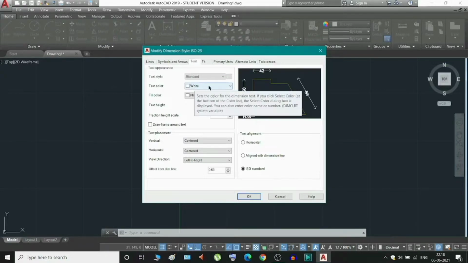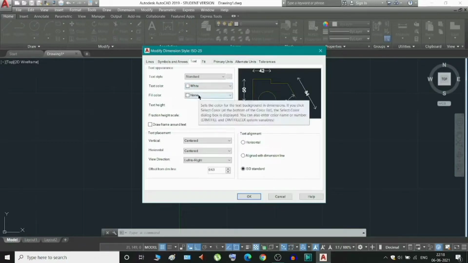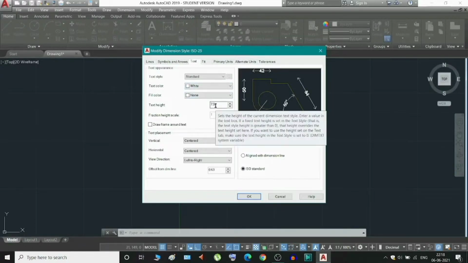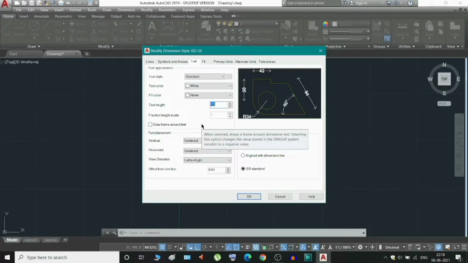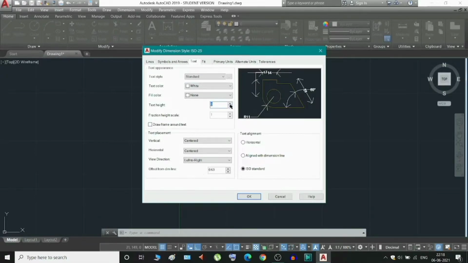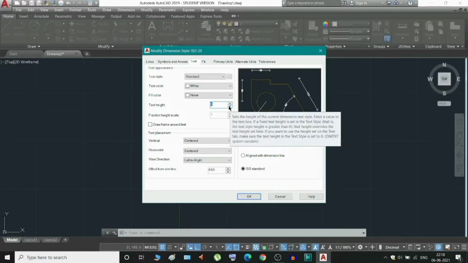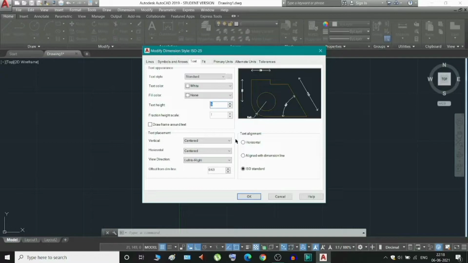The color, you can choose the color of the text, you can fill the color. The main thing is to choose the height. If you select a very low height, you can see the changing of the text right here. And if I choose the horizontal, the number will be in horizontal position everywhere.